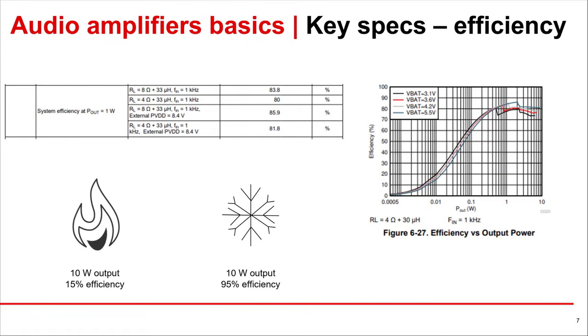Efficiency should also be considered. Efficiency describes the ratio of the power that is turned into sound to the total power that is consumed by the amplifier. The less efficient an amplifier is, the more heat that will be dissipated in that amplifier. This may require a large heatsink, and for some applications such as phones, tablets, and laptops, a large heatsink is not an option. The efficiency specifications of an amplifier can be found in the electrical characteristics section of that device's datasheet, and this specification is often given for different load impedances and output power levels.